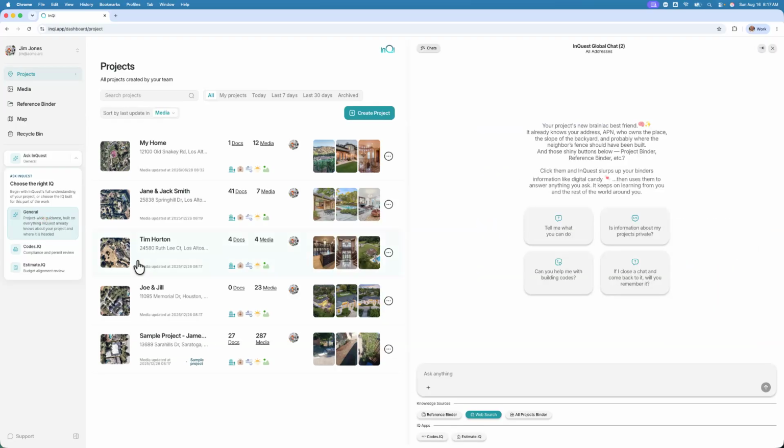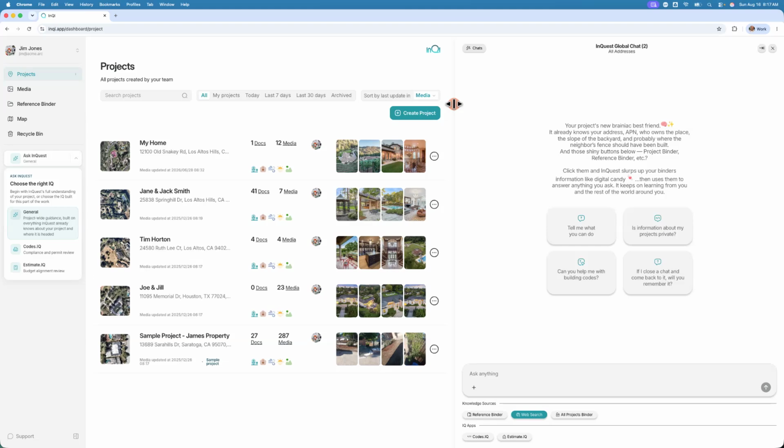So when I click on general, you notice that it comes up and this dialog can be adjusted as you wish. It looks at all the addresses, not just one specific one, and I'm going to tell it to work with reference binder. At this point, you could ask any questions. Maybe you are new to the company, or maybe you are trying to figure out what are the QA processes or what are the standard estimating methodologies that the company uses for a very specific question. You can simply type it there